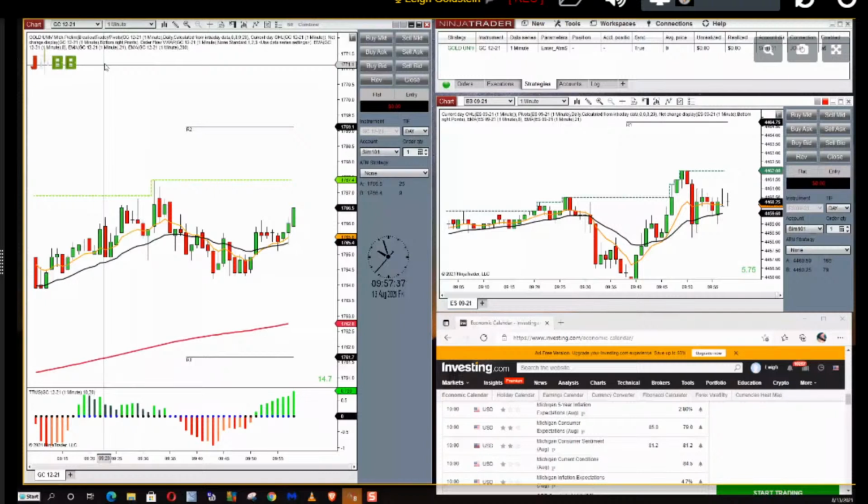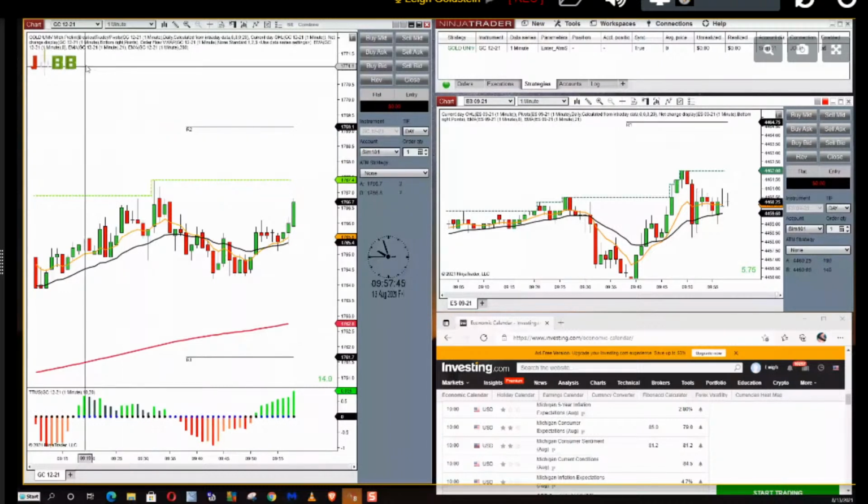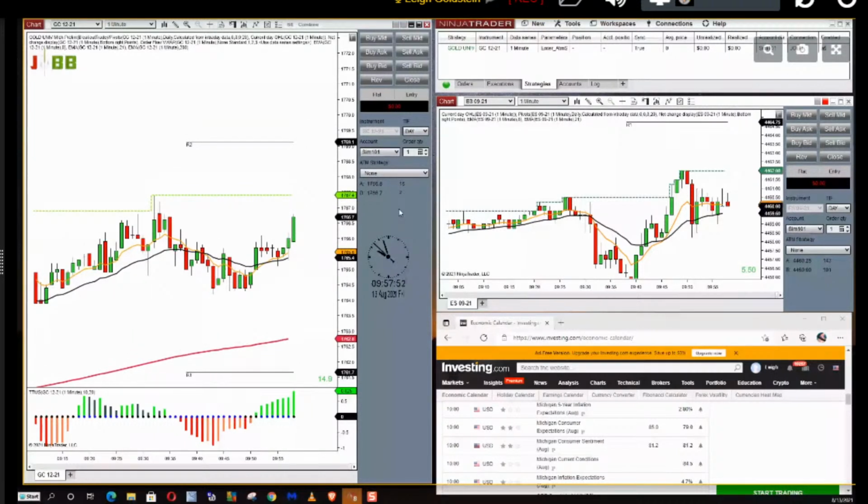So that's how you get the software to activate. You have to make sure enabled is checked. And as long as the strategy is activated correctly, the JOBB icon should show up on your chart. And when the JOBB icon is on the chart, that means your trade is going to take place. It certainly should, if all things are correct.